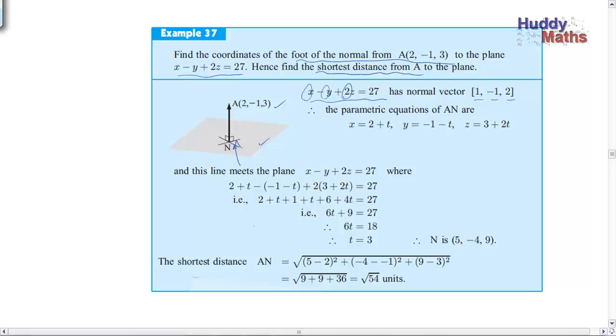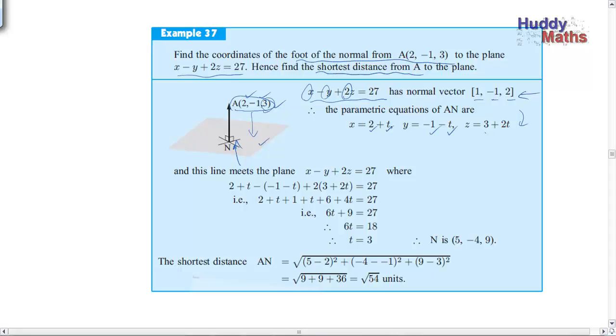Okay, so what we're going to say is, if it's got this normal vector (1, -1, 2), can we make up parametric equations? Oh, well, they've skipped a bit of a step here, because here you're saying if you have this vector coming down here, it's 2 plus 1 lot of t, -1, right, take 1t,